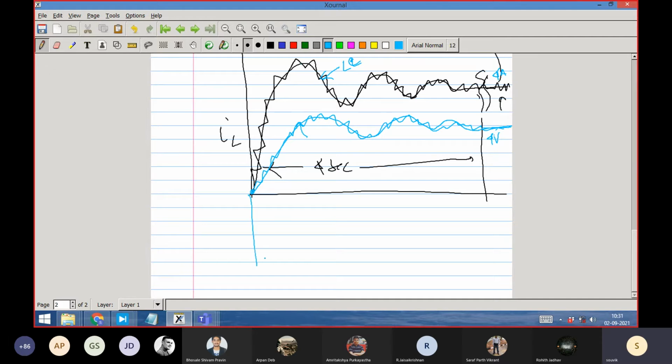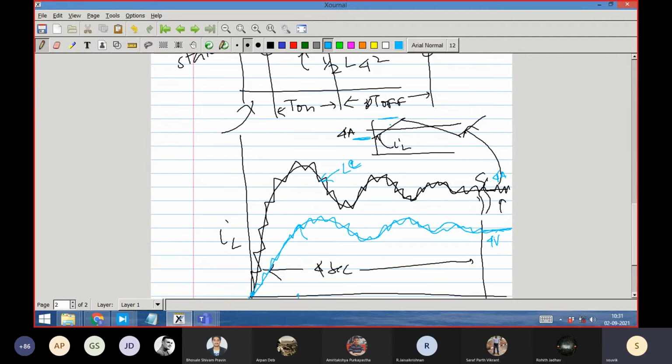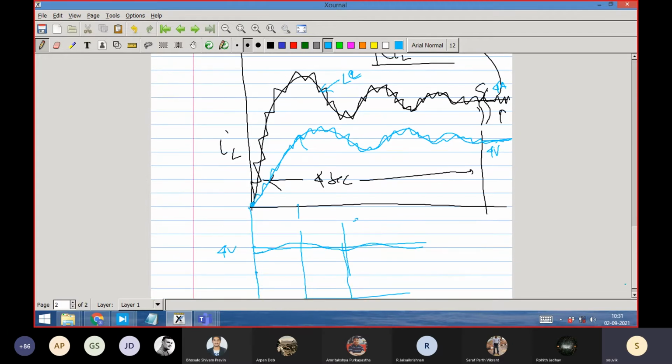And the capacitor, if you zoom and see, I'm doing steady state now. Zoom and see, you will see basically the level is 4 volt, and on that this ripple will be very small, depending on the on time. I will plot it a little later. This will be much less. This will be comparatively more. This level we call delta IL, the ripple delta IL. This variation from the average value we call delta VC. This is what we will see.